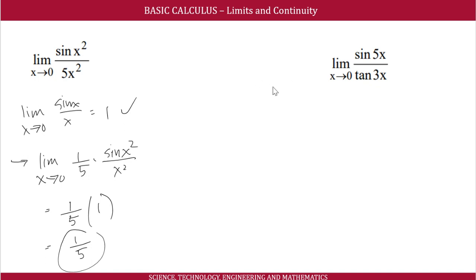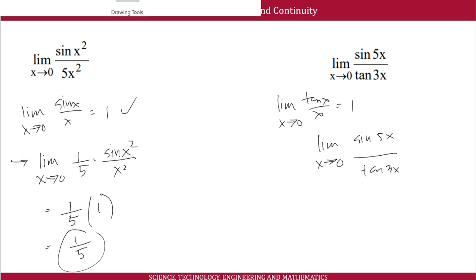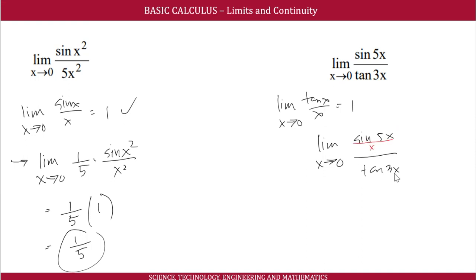And we have tangent here. Based on our previous solution, the limit of tangent x over x as x approaches 0 is equal to 1. We can use this. So we have the limit, as x approaches 0, of sine 5x over tangent 3x. We can divide this by x, also this by x, and then we have to multiply by 5, and multiply by 3. And so